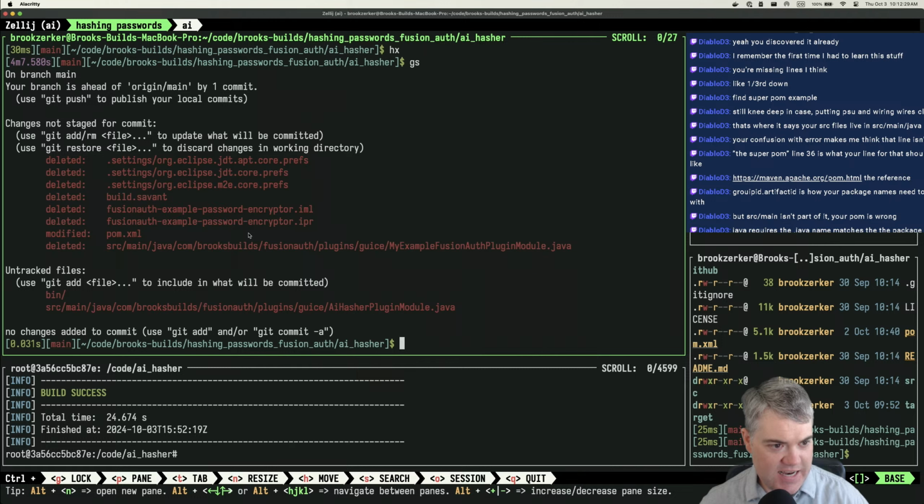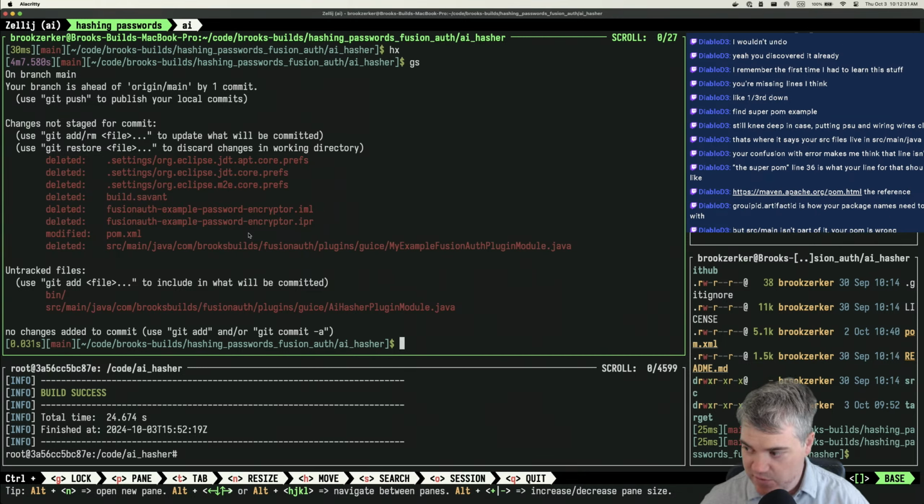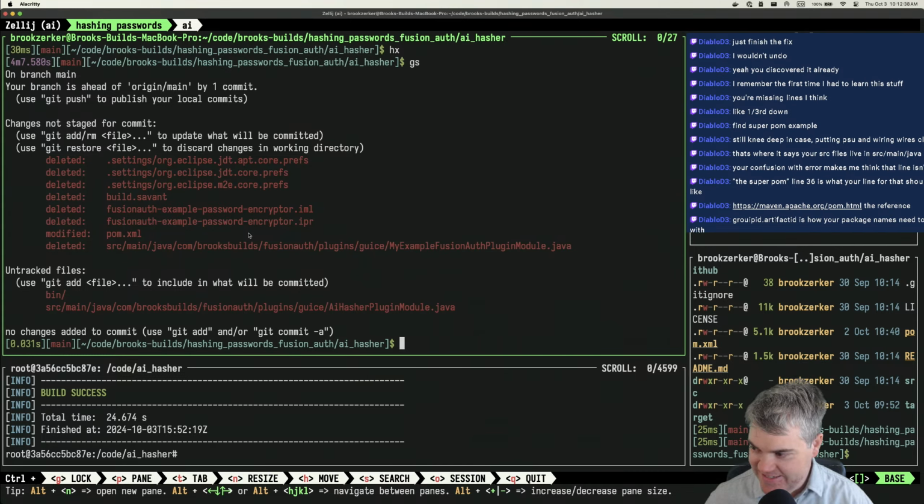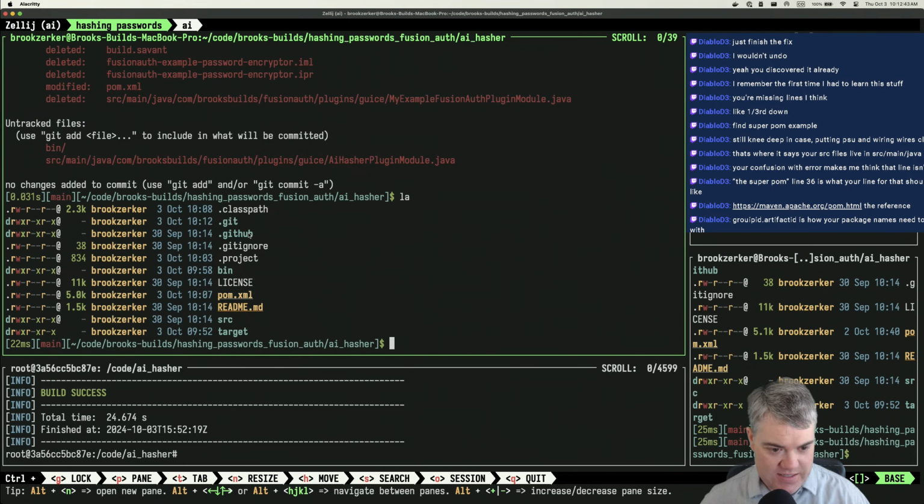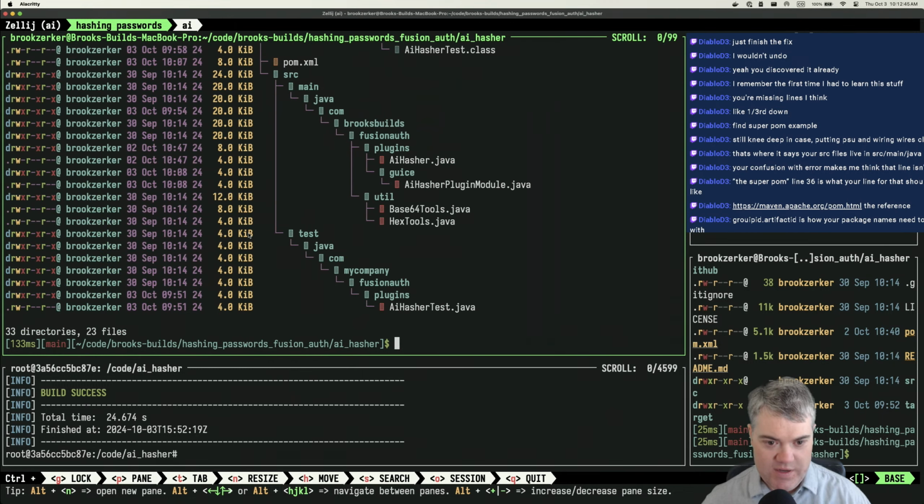So here's our git status. So let's say I undo all of it, right? You wouldn't undo? I don't know. I made a bunch of changes. Just finish the fix. It's weird though, right? Because if we take a look at our tree here, we're in AI hasher where the POM is. So I'm in source. So source main Java. So if I put source directory like this,